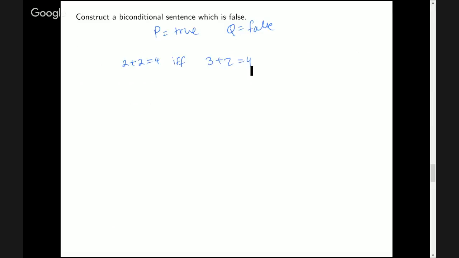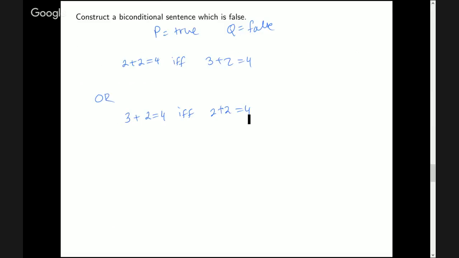One has to be true, one has to be false. Notice that you can put it in either order. I could have written it this way. I could have said 3 plus 2 equals 4 if and only if 2 plus 2 is equal to 4. You can have a whole bunch of questions, and they're going to ask you to write biconditional sentences that